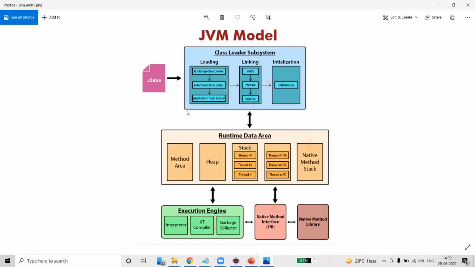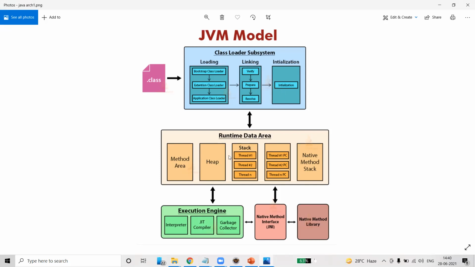After that, what happened? See here, what is the input here? The .class file is the input. So this .class file gets loaded into the temporary memory called the runtime data area. This is nothing but loading. Along with loading, it also performs linking. It links your class library to the system library, such as java.lang, java.io, java.util. These are the packages required to run your program. That is nothing but linking. After linking it initializes. We can't use the program unless it gets initialized.